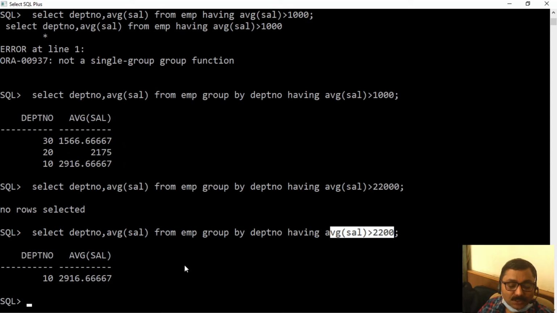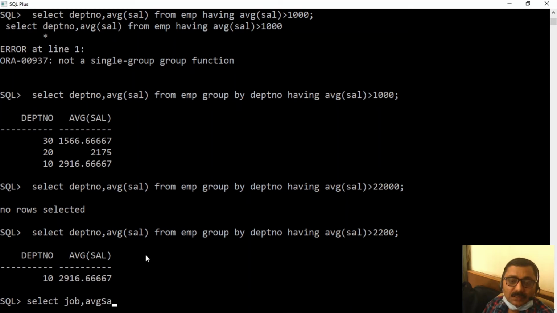Similarly, if I want to see the job where average salary is more than 1000, clear? So select job, comma, AVG sal, from EMP, group by job, having AVG sal more than 1000.